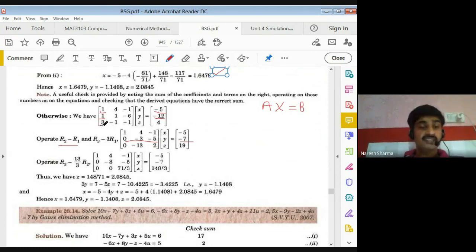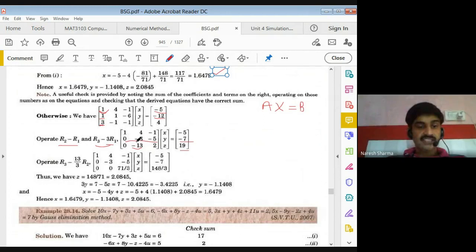Similarly for making this equal to 0 by using the pivot 1, we multiply this by minus 3. So multiply row 1 by minus 3 and add in your third row. So minus 3 plus 3, 0, minus 3, minus 12, minus 1 is minus 13. Similarly, minus 3, that is plus 3 and minus 1, so 3 plus 1 is your 2. Multiply by minus 3, then we get plus 3 into 5 is your 15, and add in your 4 is your 19.